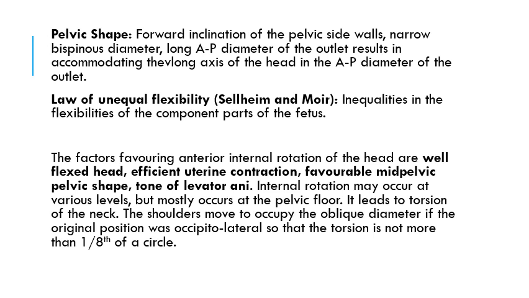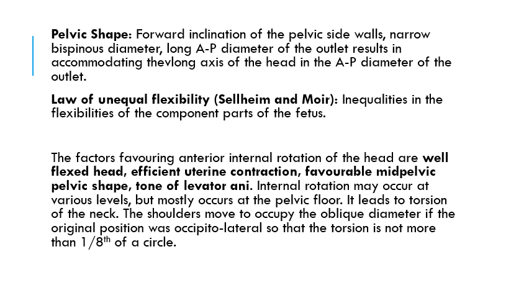That is, inequalities in the flexibilities of the component parts of the fetus also explain the internal rotation that takes place. The factors which favor anterior internal rotation of the head are a well-flexed fetal head, efficient uterine contraction, favorable shape of the mid-pelvic plane,